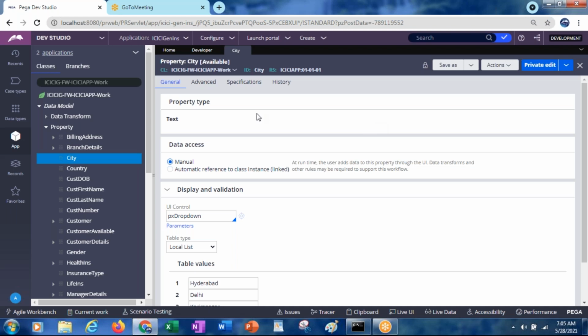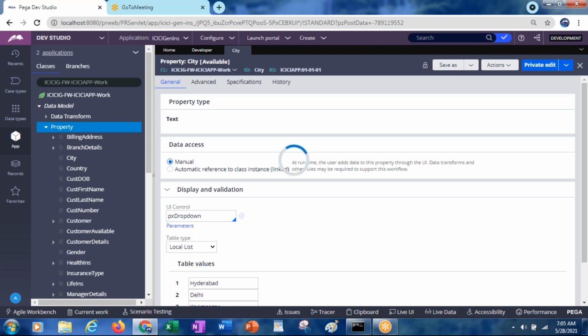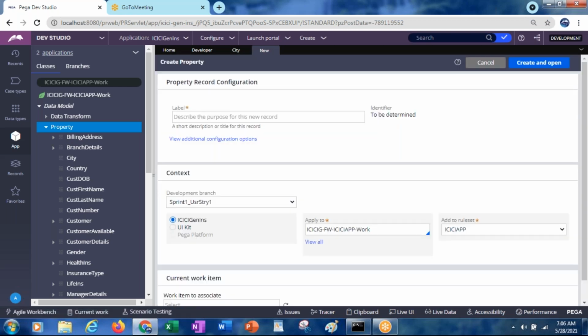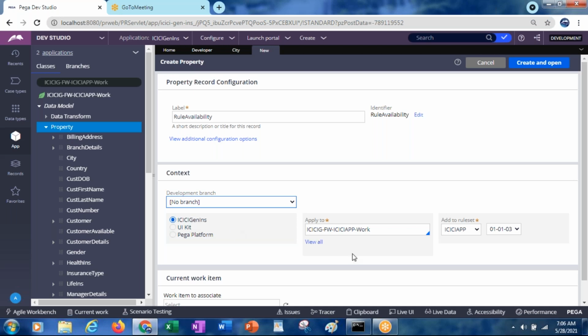So for example, I would like to create one property. Let's take an example like rule availability. I am creating this rule availability under 010103.